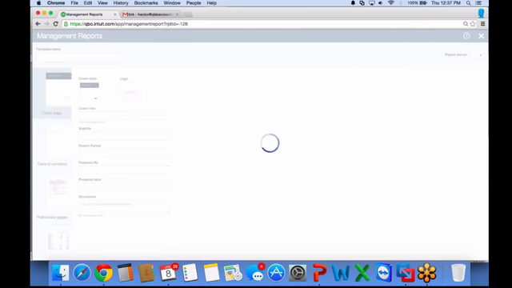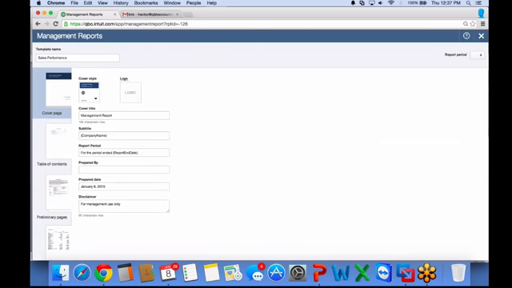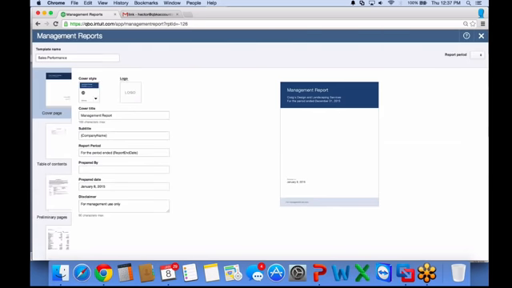This is a custom-built management report that is a bundle. The template name is called sales performance, and we're going to give it a name. We'll call it sales performance reports. Now, I don't have to type the name of the company. The system is smart enough to grab it from your settings, and the period end date is there too. But I'm going to put here Hector Garcia CPA,